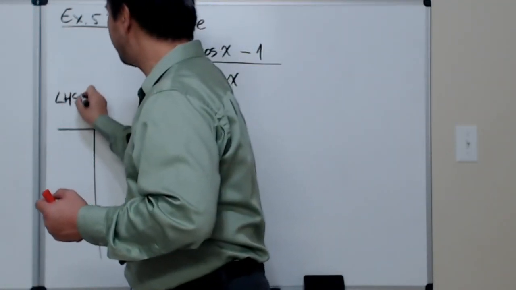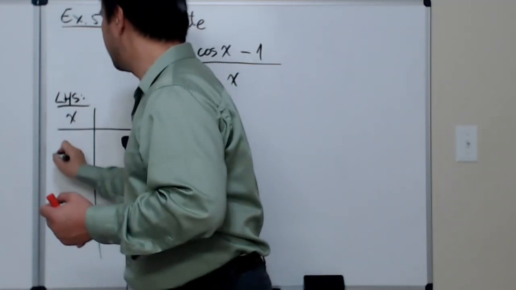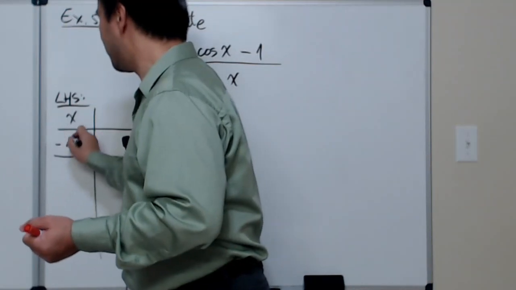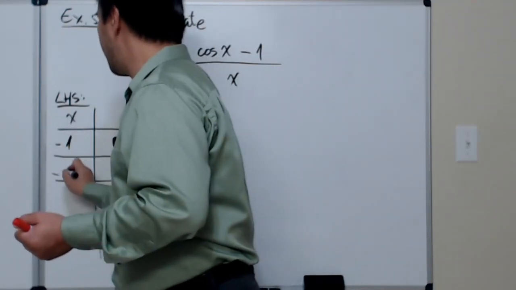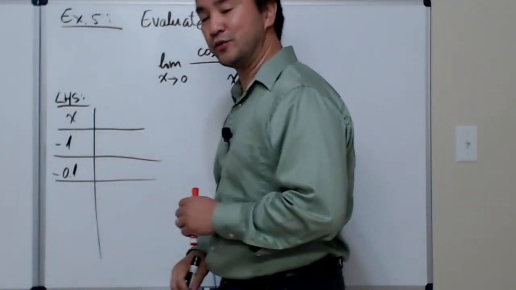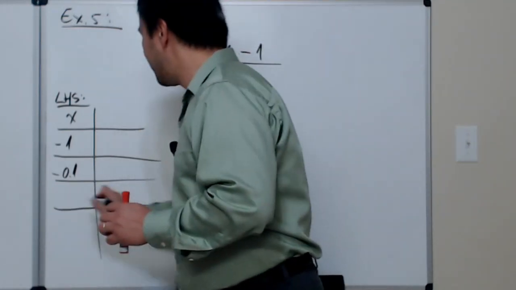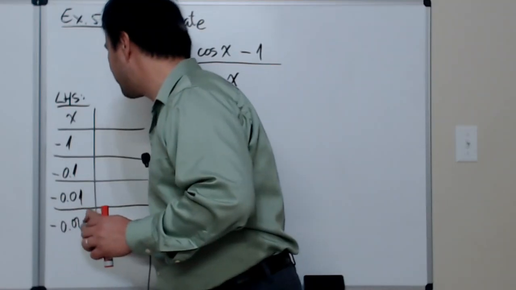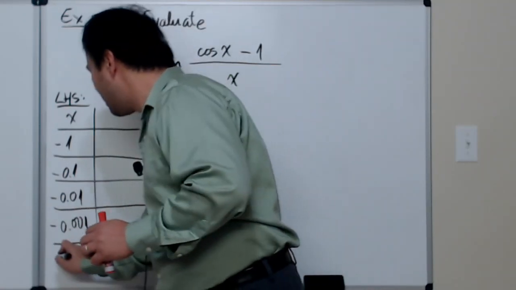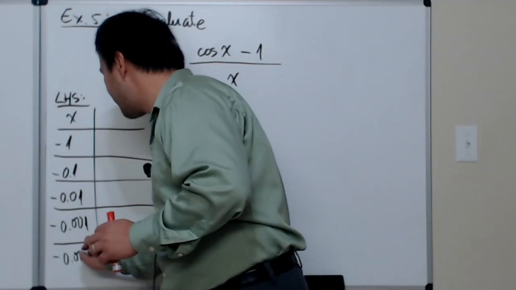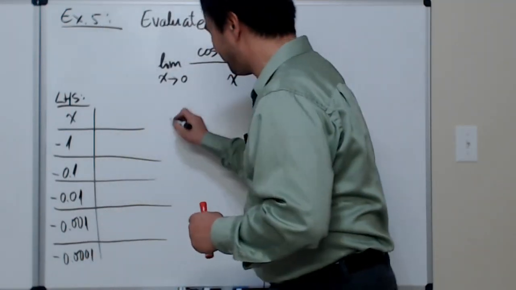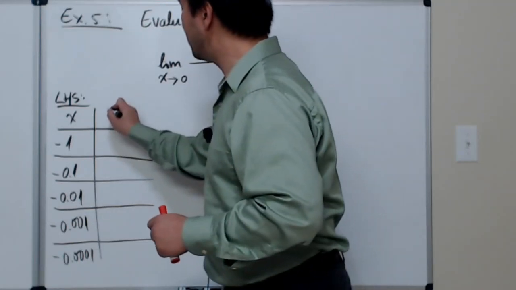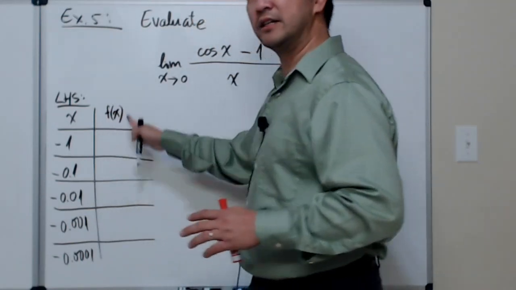Left-hand side table, x here. And now let's say coming close to 0. How about a good starting point in negative 1, then negative 0.1, getting closer to 0 from the left-hand side. Then negative 0.01, then negative 0.001. Then how about one more, negative 0.0001. Okay. And so the output value here on this function, I want anyone viewing this video to try it